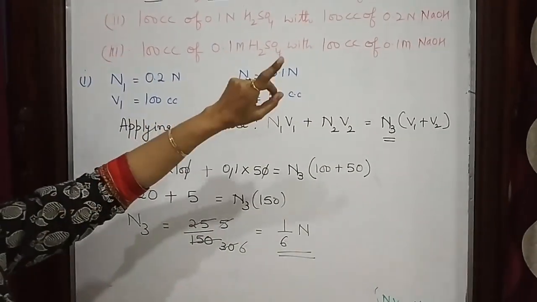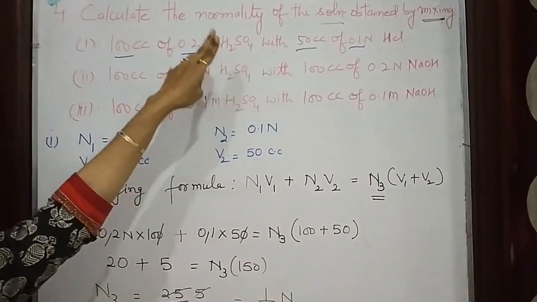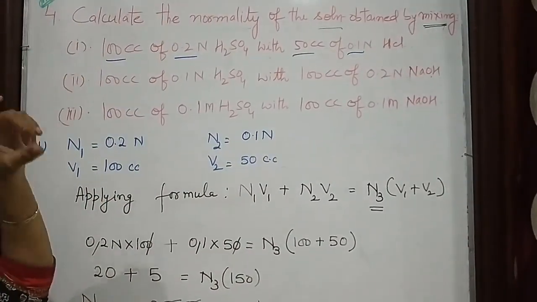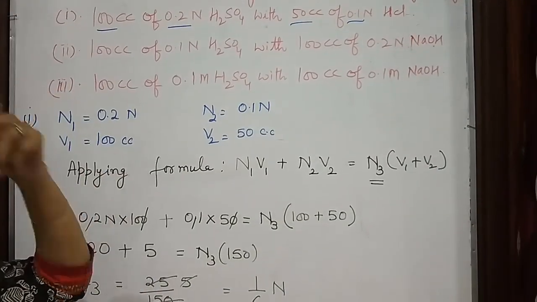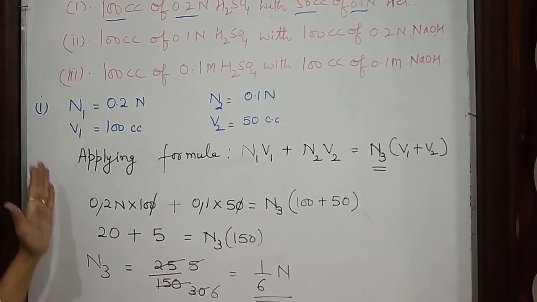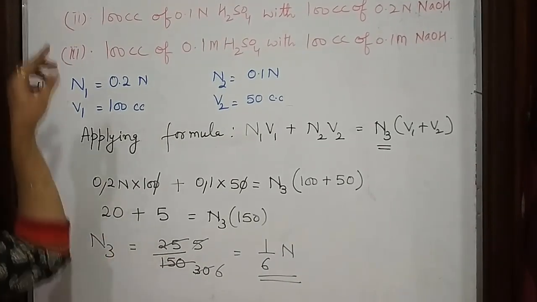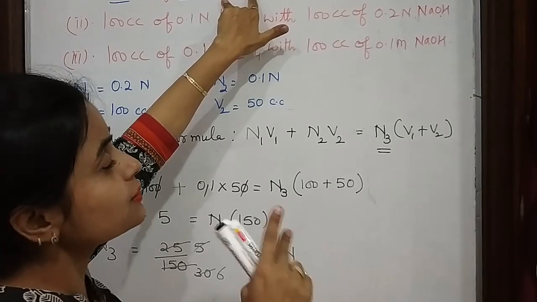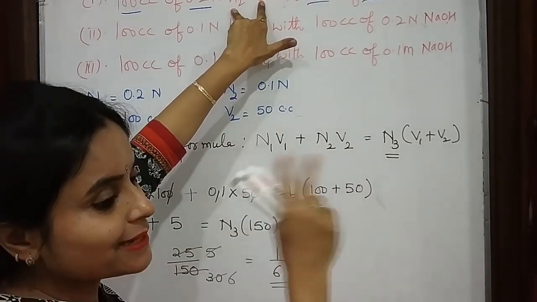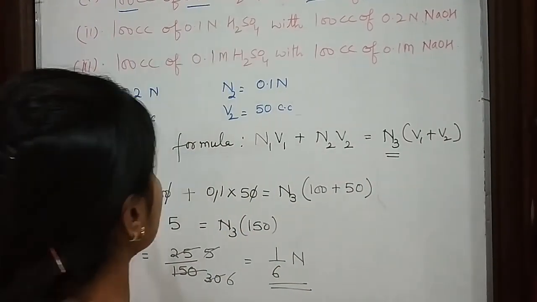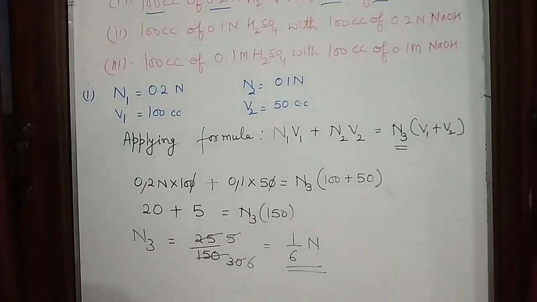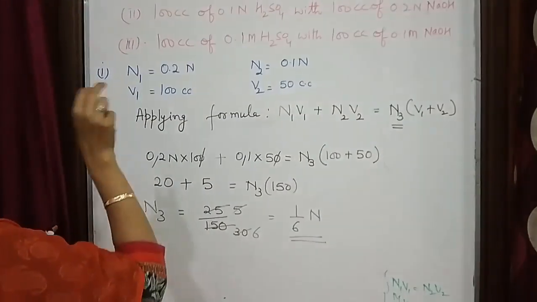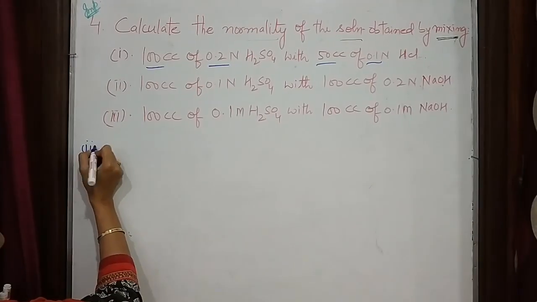We can also take two different bases. If you are provided with two different bases and you have to find out the concentration of the resulting mixture, then again you apply this formula, and in this way two similar components, that is acid or base, their concentration can be calculated using this formula. The problem is with these two because these are different from the first one. Now this second part.